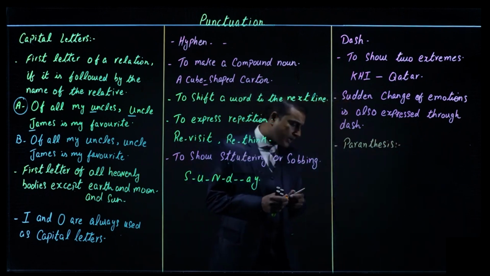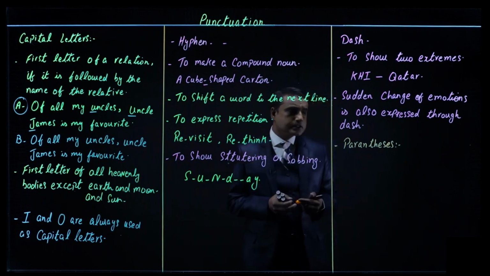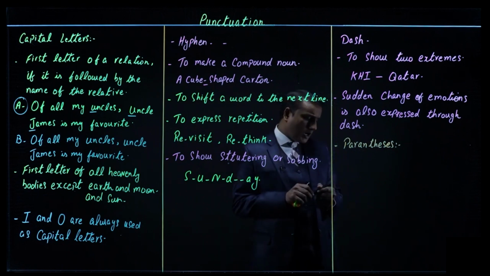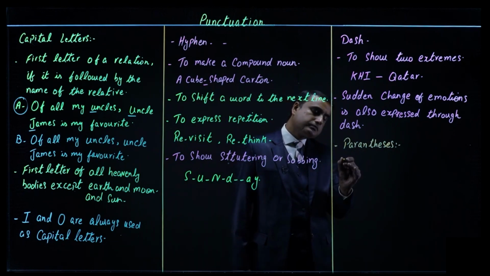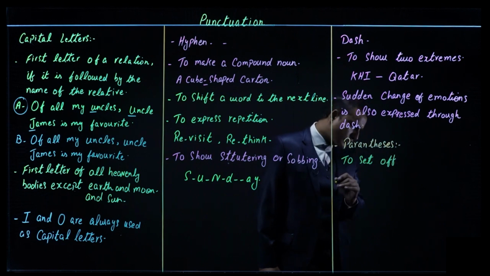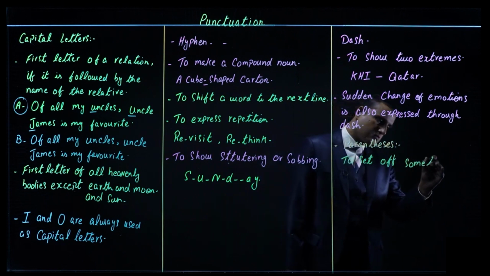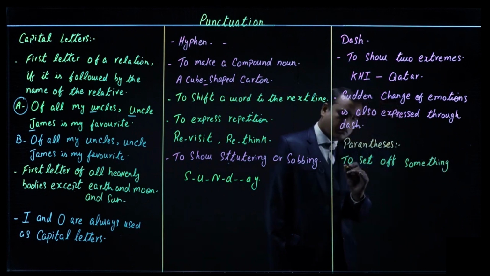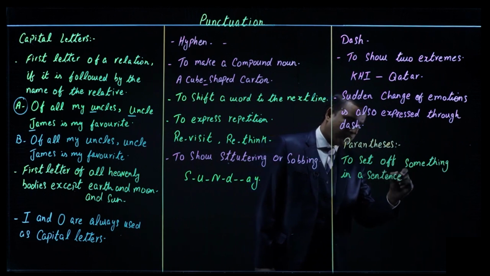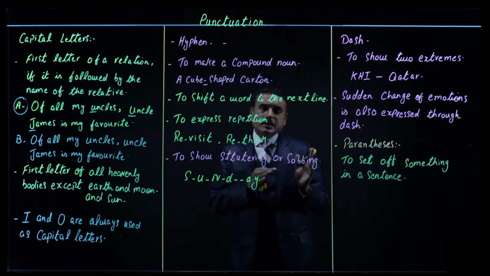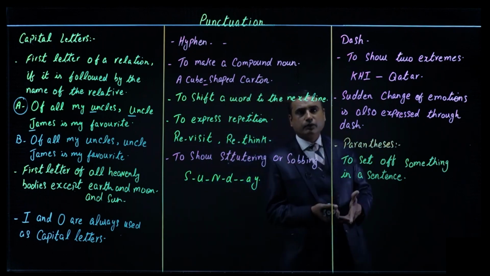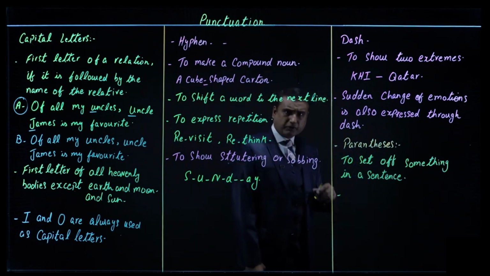Parenthesis brackets को हम कहते हैं, the last one is parenthesis, और parenthesis हम किसको कहते हैं, ब्रैकेट को कहते हैं। और ये यूज क्यों होते हैं, एक ही यूज है टू सेट ऑफ किसी सेंटेंस में जब आपको कुछ चीज सेट असाइड करनी है, कोई चीज निकालनी है दैट इज नॉट इंपॉर्टेंट, तो उसको सेट असाइड करने के लिए वी यूज पेरेंथेसिस।